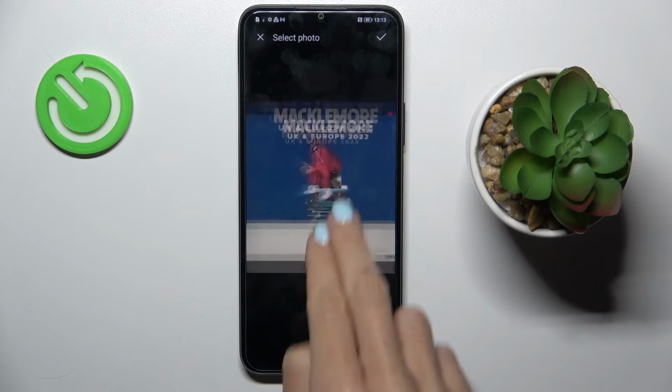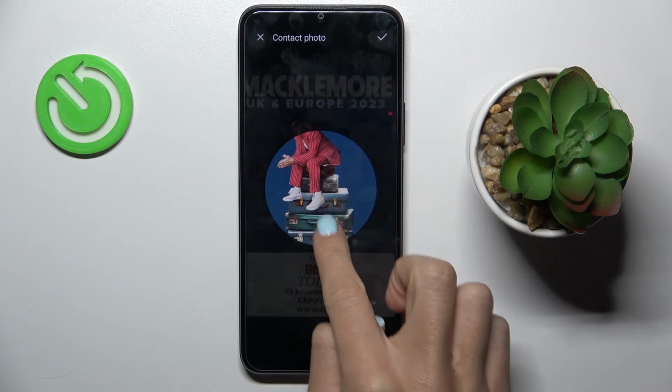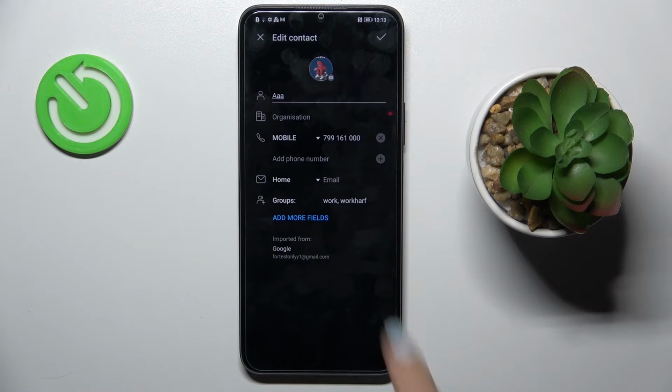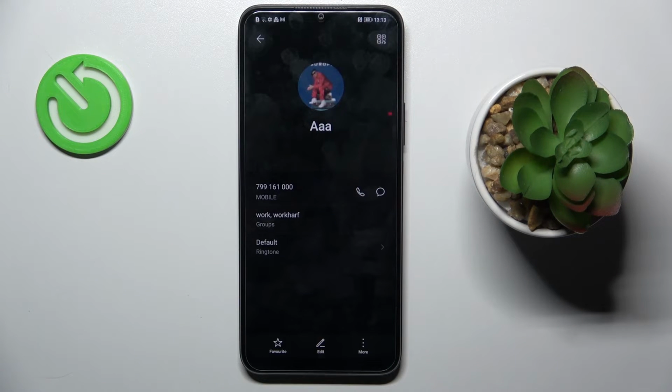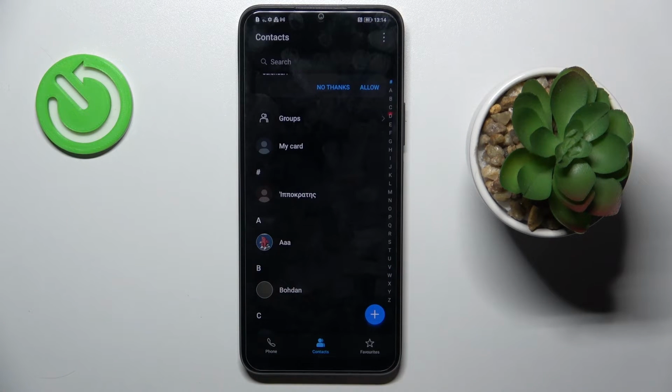Now you can tap on confirmation mark and then customize it however you like. Tap on confirmation mark again and for the third time confirm. And that's it, that will be all. From now on this picture is assigned to your contact and you can smoothly see it once this contact is